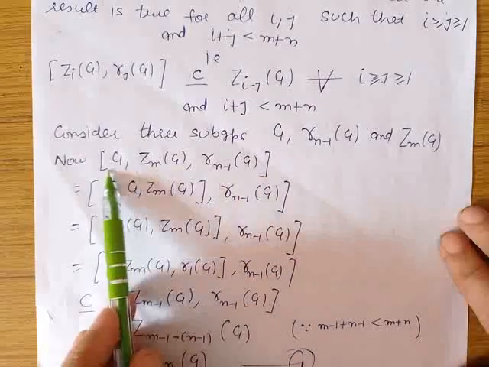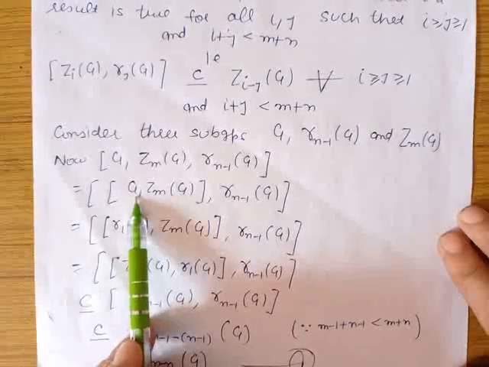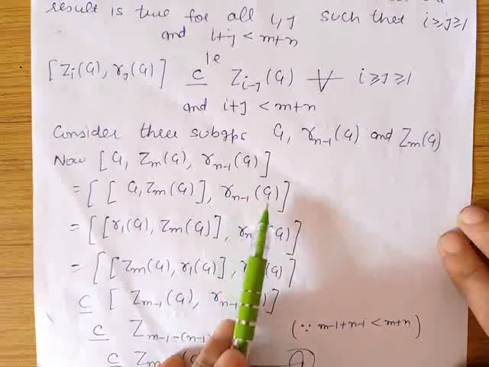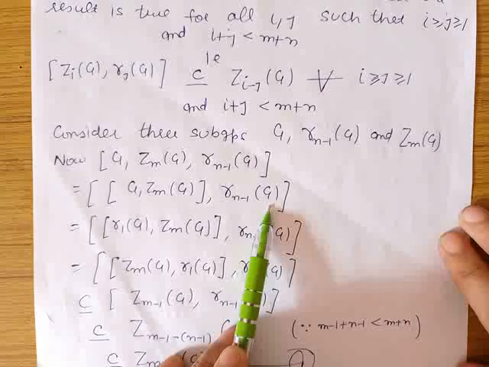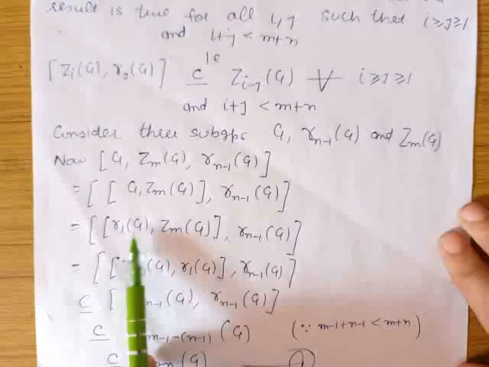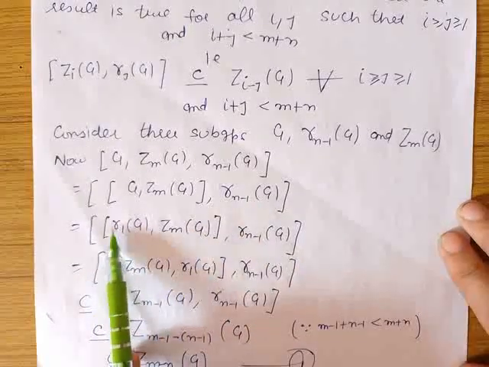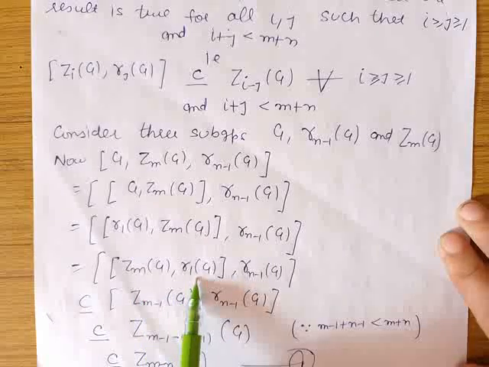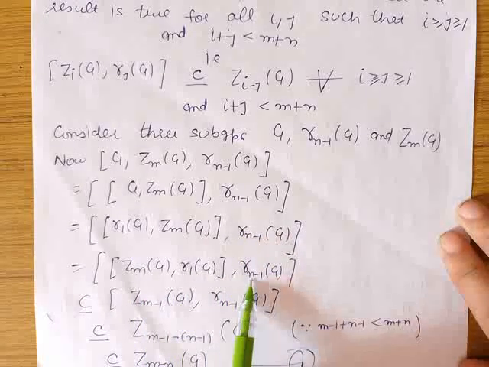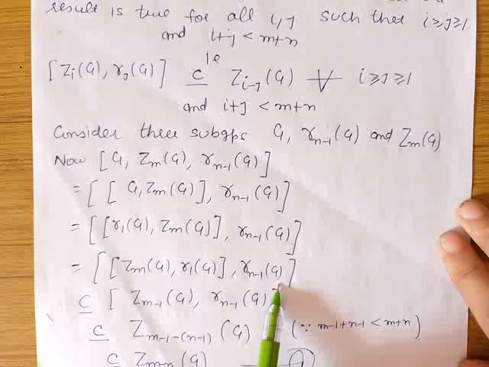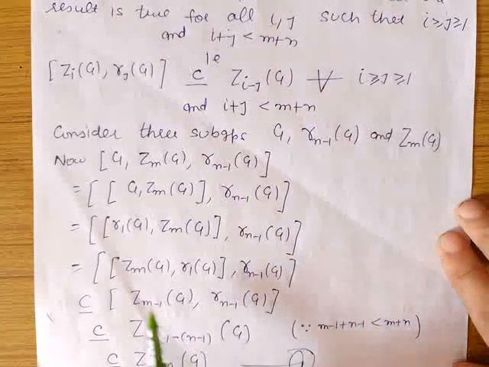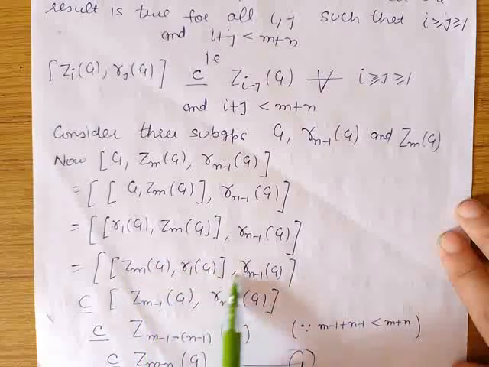Now by definition, this can be written as the commutator of G with ZmG, then its further commutator with gamma n minus 1 G. Now by definition of lower central series, G can be written as gamma 1G, and this commutator can further be written as the commutator of ZmG with gamma 1G, and then its further commutator with gamma n minus 1 G. Now, because the result is true for every i and j such that i plus j is less than m plus n, so by induction step, this commutator is contained in